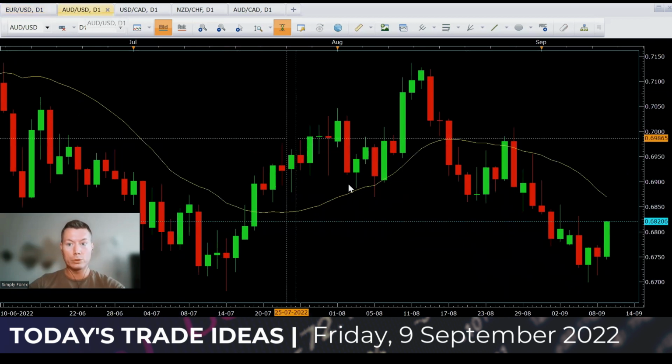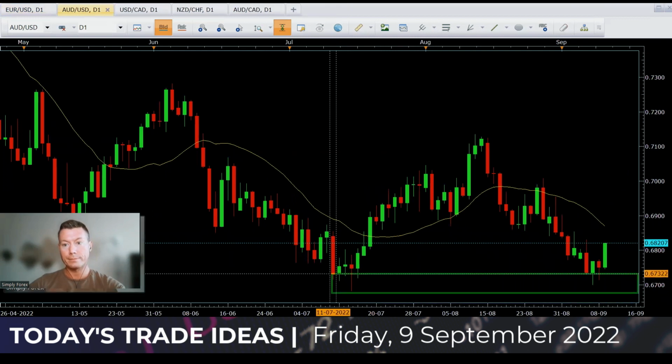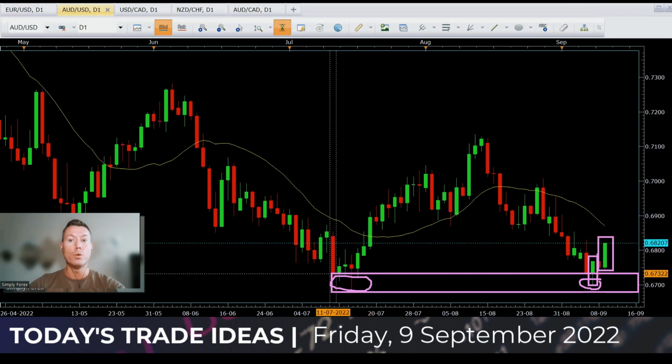Let's have a look at another example. So Aussie dollar, US dollar. Yeah, as you can see, these lows here, a clear area of support here, and it's reacted again. Yeah, we had this candle form a couple of days ago, and then we got this candle here, but again, it hasn't finished forming yet, guys. Okay, so it'll be interesting to see where that finishes. Obviously, we do have a bit of resistance here. Okay, so maybe it might just hit into this resistance here. Okay, but I'm just showing you how the dollar is weakening and the majors are strengthening.